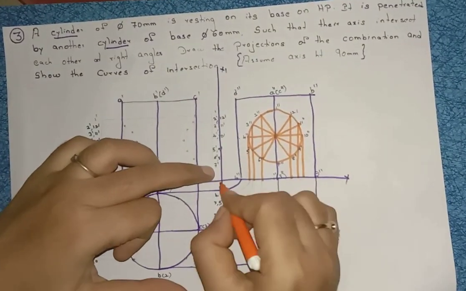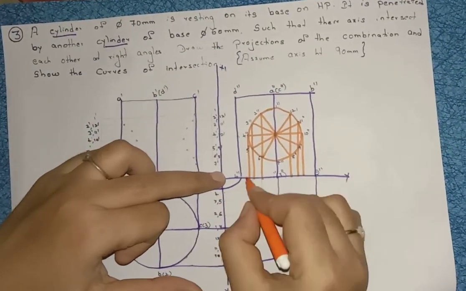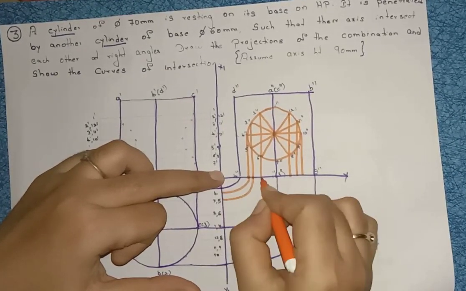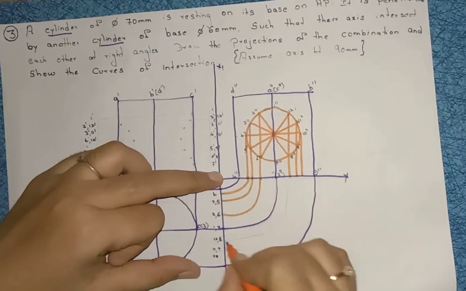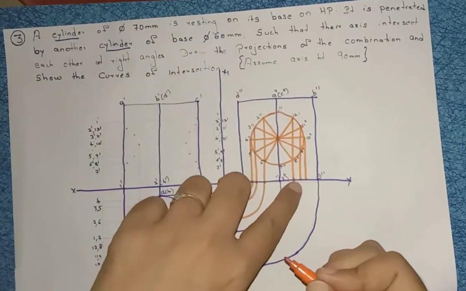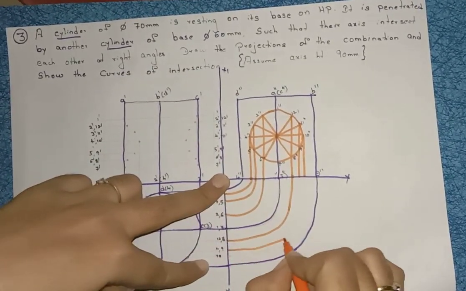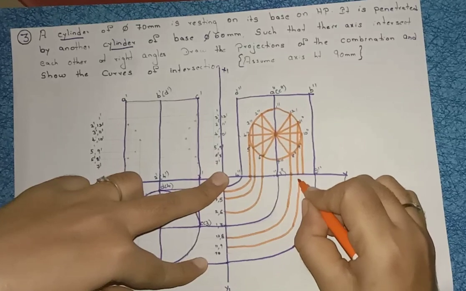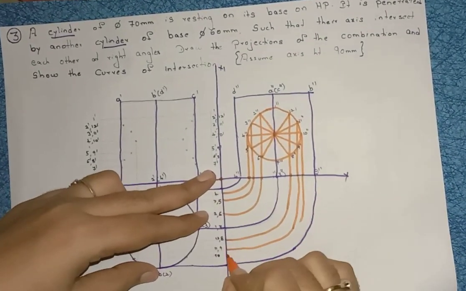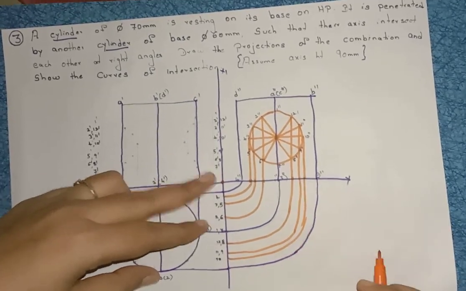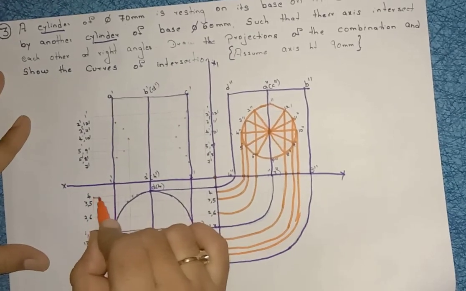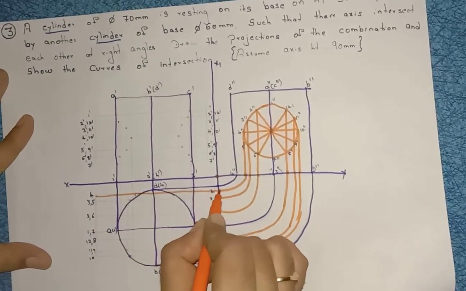After that, what you have to do? Keep your compass here. This is the intersection point, right? Keep your compass here, take this distance, draw an arc, take this distance, draw an arc, take this distance, draw an arc, right? Same here also. So from every point, take this distance, draw an arc like this, right? Again same, keep your compass here, take this distance, draw an arc, right? After that, project all these points, draw a straight line,